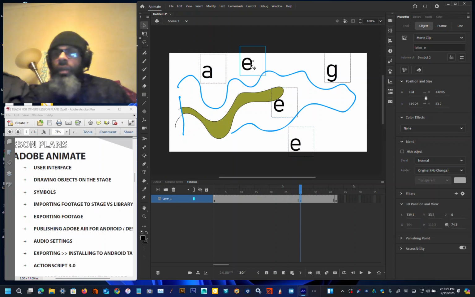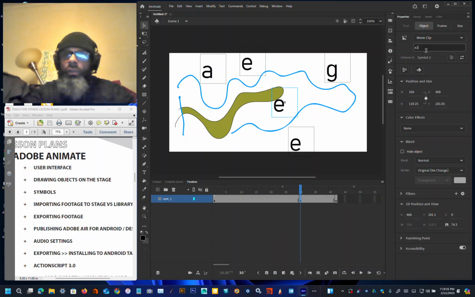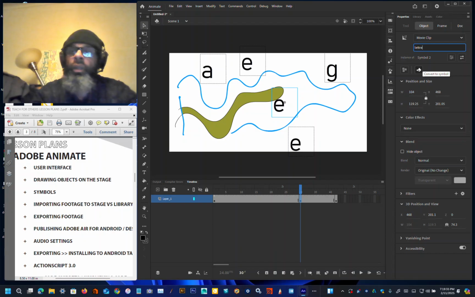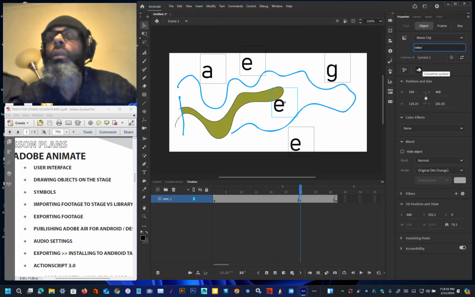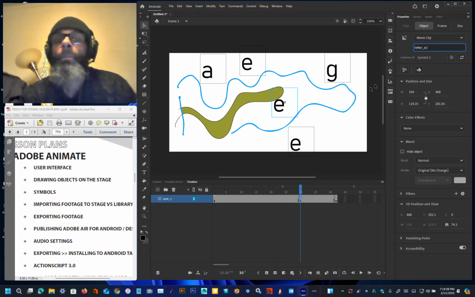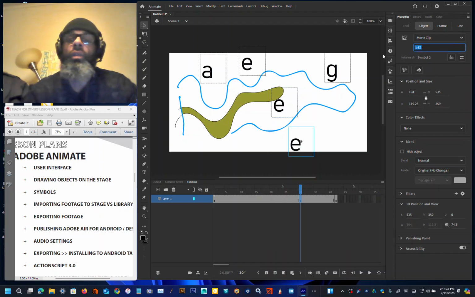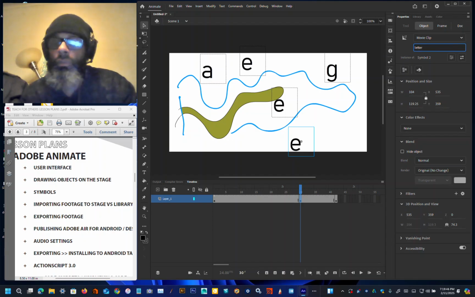So if this is letter E, I'm gonna name this letter E1. I'm gonna rename this to letter E2, and I'm gonna name this to letter E3. Okay,